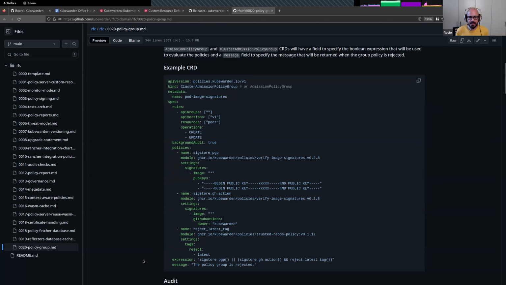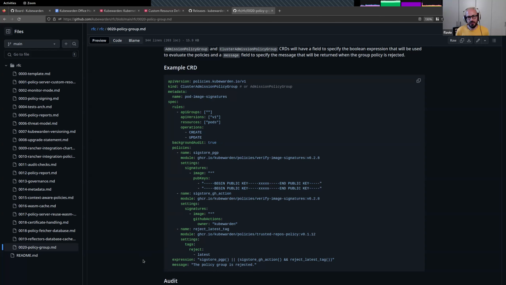So this basically says, if the sigstore-pgp, so if I can verify a container image using the public keys of some people I trust, then I immediately consider a pod deployment to be valid. And so we are going to accept it.